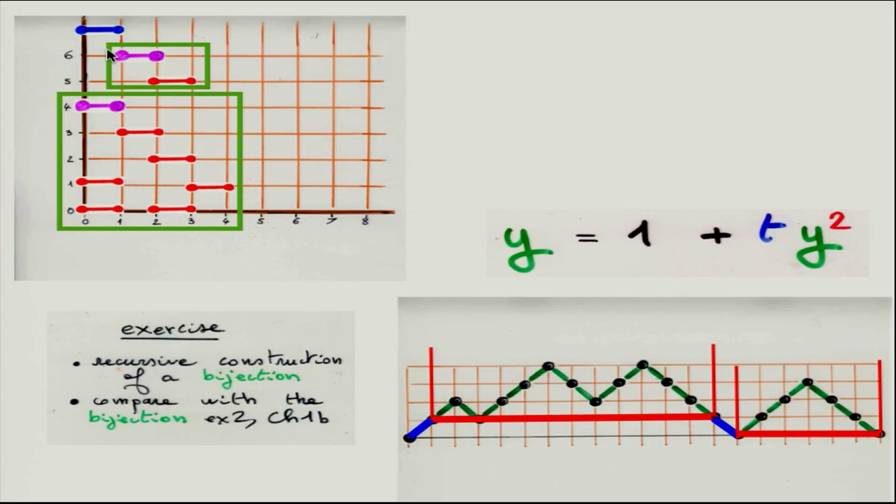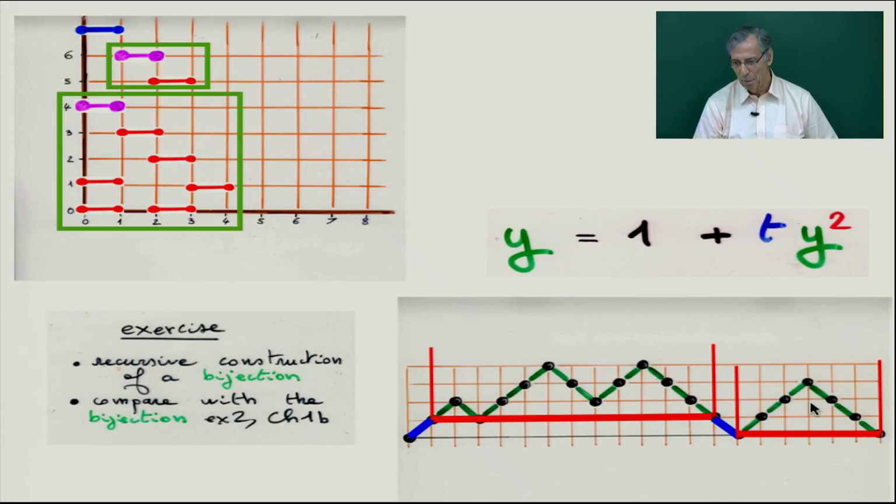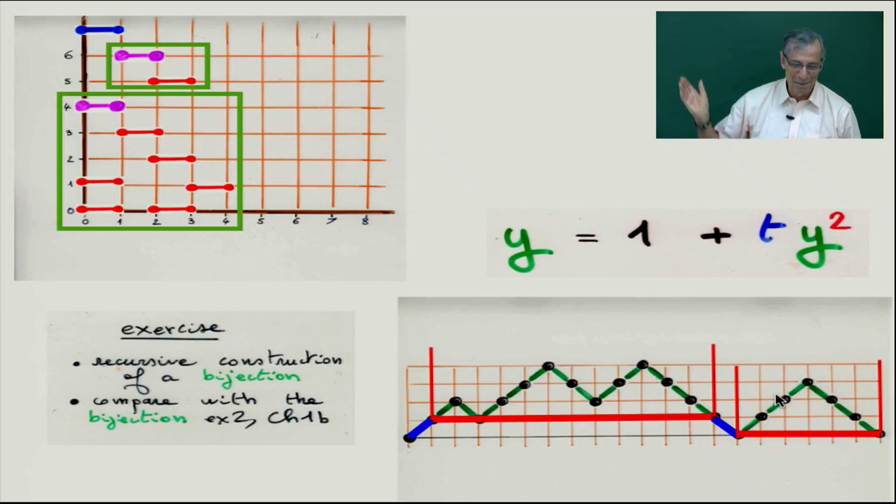If you associate these pieces to this one, and you associate these pieces to this one, then recursively, by decomposition of pyramid and Dyck path, you can get a bijection. Exercise: if you are a computer scientist and you think recursively, compare to the first bijection coming from quasi-partitions. I think it's the same. I feel it's the same bijection. Oh, you don't know? Yes, I know. It's an exercise. Maybe I made some mistake. Maybe I am wrong, but...